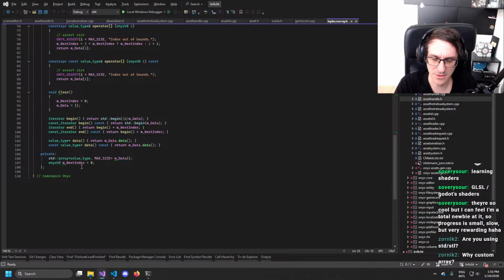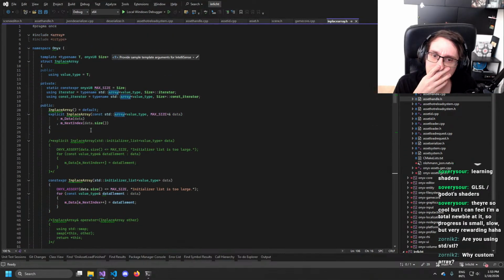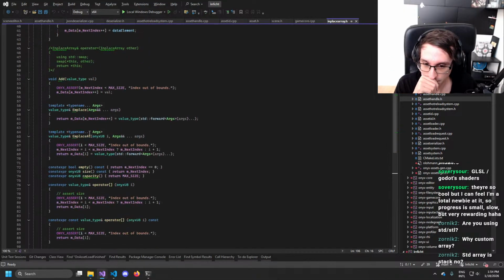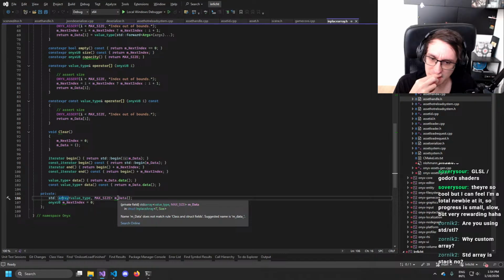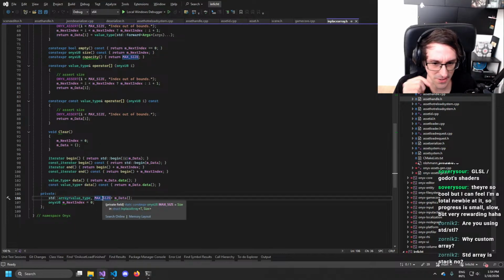Actually, it's no longer stack allocated. Maybe. Never mind. Wait, why did I do that? Let me think again. I have a wrapper around, I think, what this allows to do, and I'm not sure if STD array does that, but I think I changed this later to STD array when this class already existed. It's quite old, this class. What that allows me to do is create an in-place array of size 5.